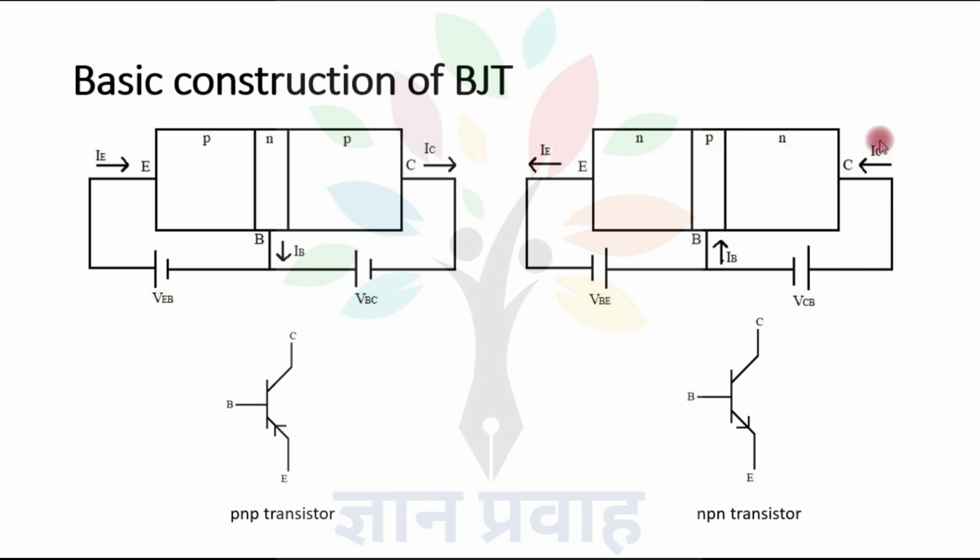And the direction of conventional currents is given here, and the logical symbol is similar to the PNP transistor symbol, but here the difference is in the arrow, and here the arrow is simply showing the direction of conventional current. So the direction of conventional current is flowing from the collector to the emitter side.